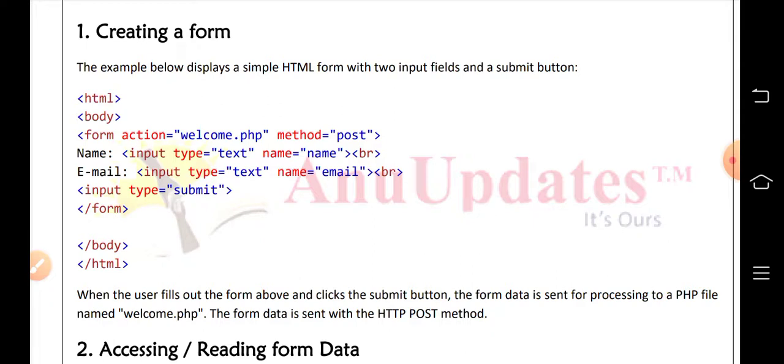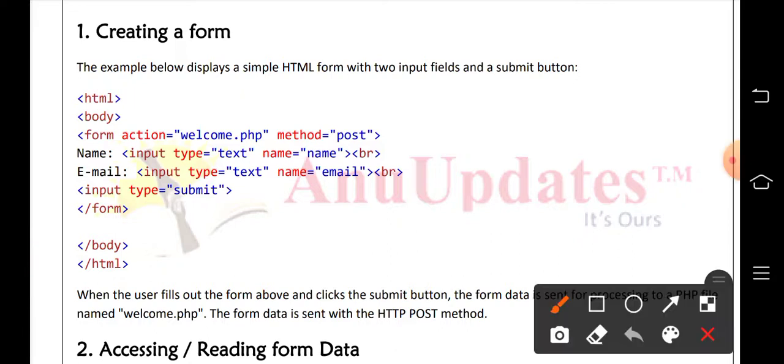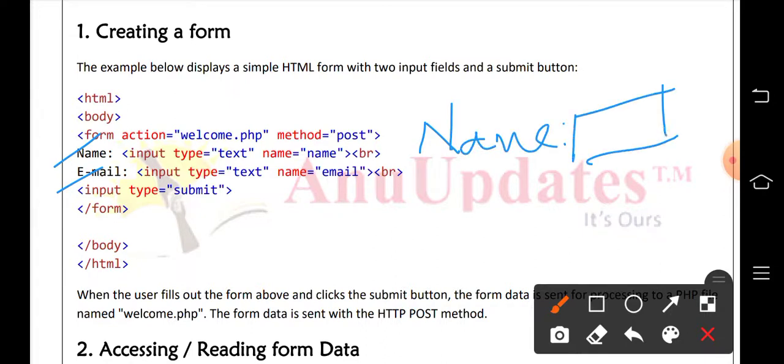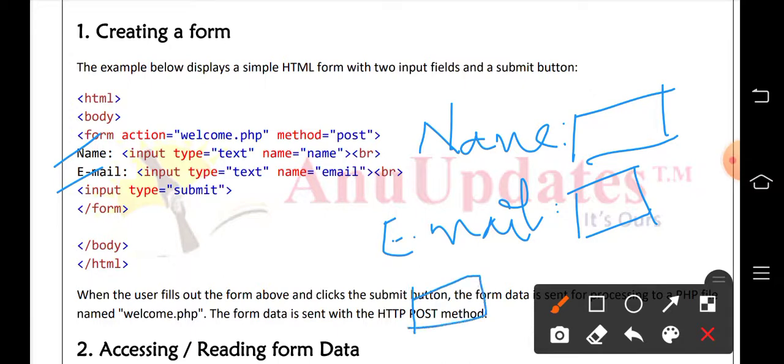Then in this form we are writing two labels. The label names are name and email. That means in the form we'll get name and one text box, then email and another text box, and after that we'll have one submit button.